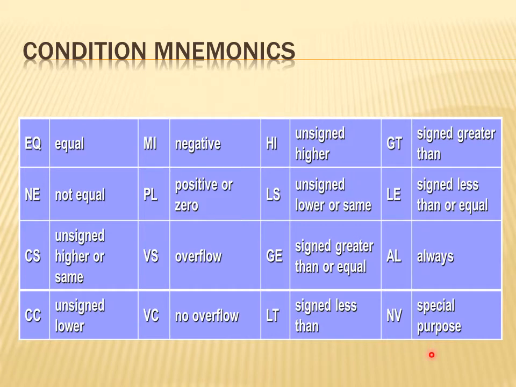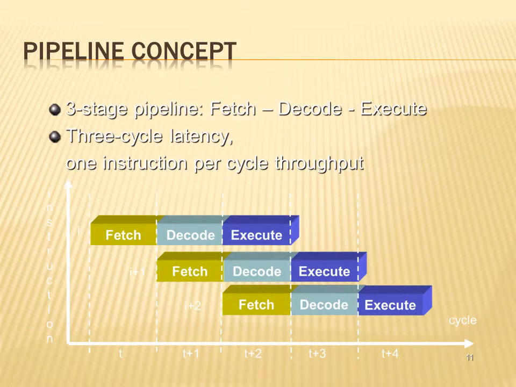So these are the different condition mnemonics available in the ARM instruction set, and these mnemonics are the postfix or extension of the basic instruction. Of course, this concept will be elaborated more with the help of assembly instructions or small programs. We will see this concept in detail in the assembly instruction chapter. Now we'll go ahead.